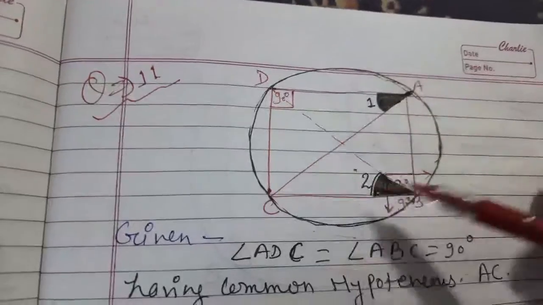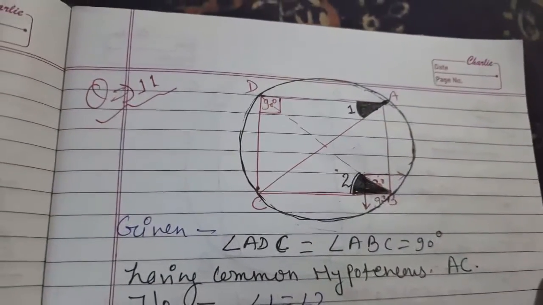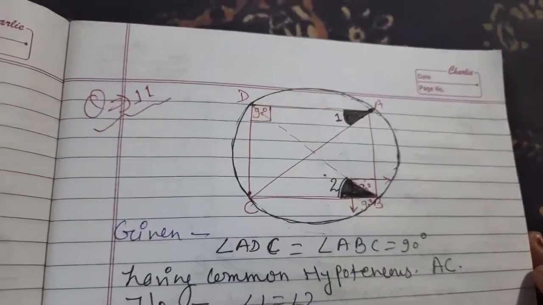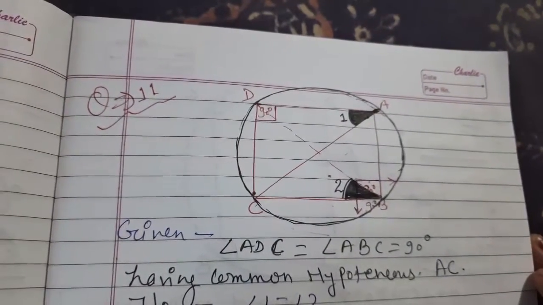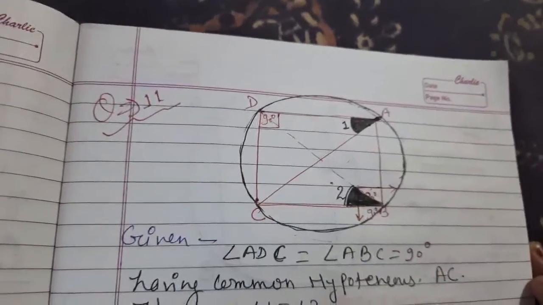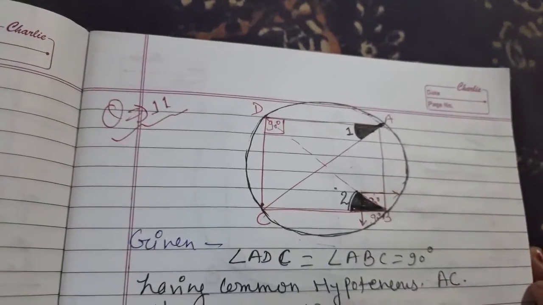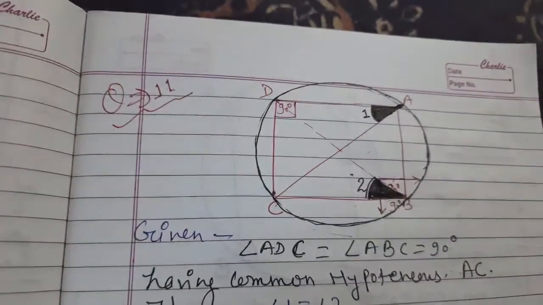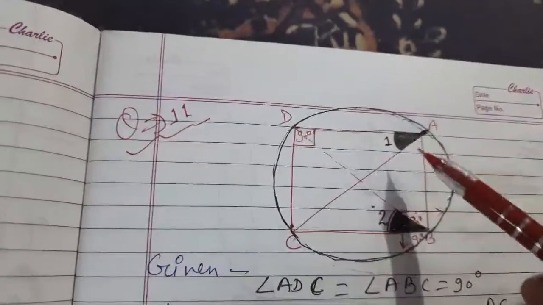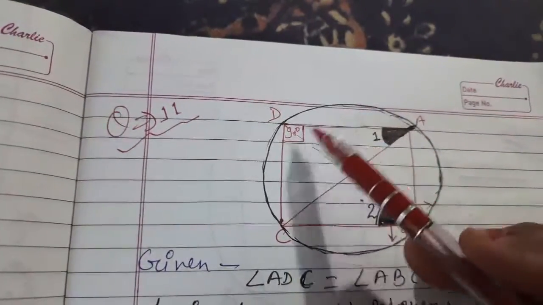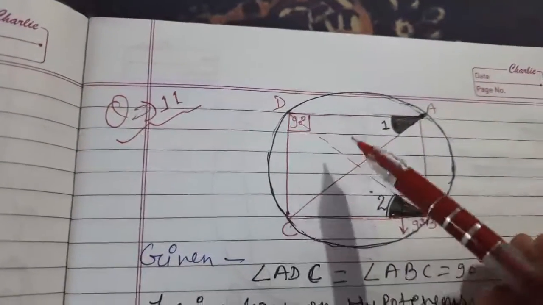Cyclic quadrilateral होने का मतलब है कि ABCD जो इसके 4 vertices हैं must be lying on a circle, तभी तो cyclic quadrilateral बनता है। अगर ABCD cyclic quadrilateral है तो इसके जो 4 vertices हैं वो एक circle पे lie कर रहे होंगे। तो बस इसलिए now afterwards I have drawn this circle also.